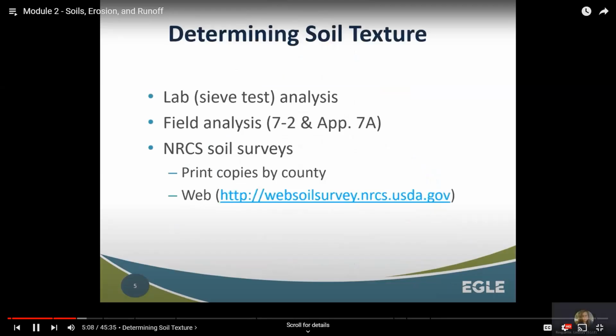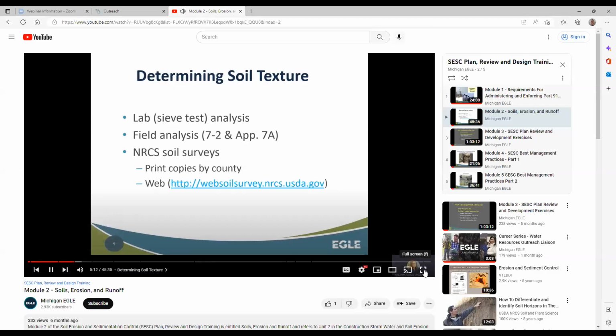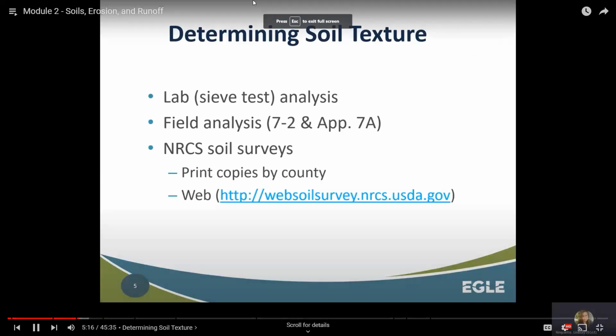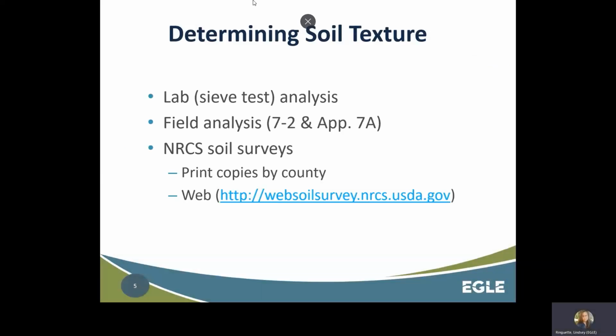Information about the soils on a particular site can be obtained in several ways. The most common are from published soil surveys or from field inspections. Soil surveys are published on a county basis through cooperative effort by the NRCS, Michigan Department of Agriculture and Rural Development, and other federal, state, and local agencies. In addition to soil texture, information within each survey includes maps of the location of soil series within a county, a description of the soil physiochemical properties, and an evaluation of the soil's suitability to support and sustain a variety of uses and activities.